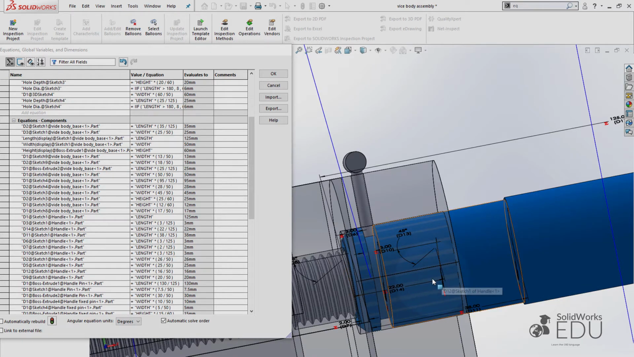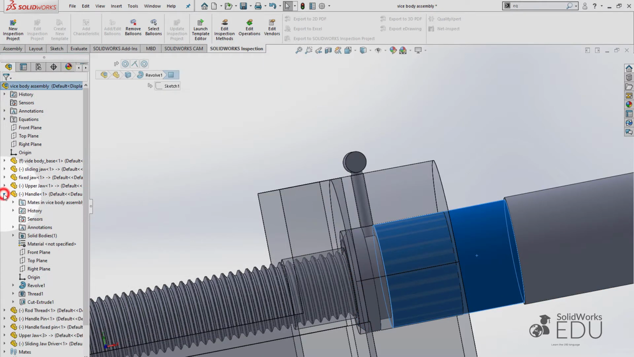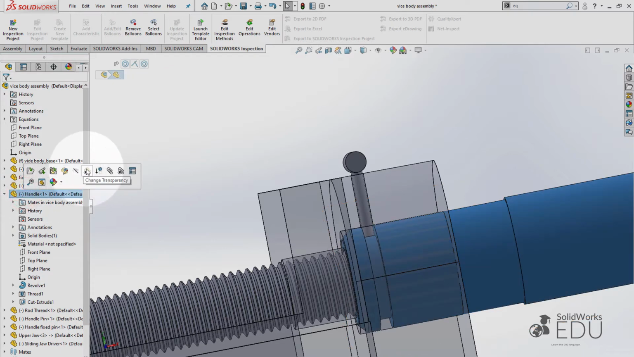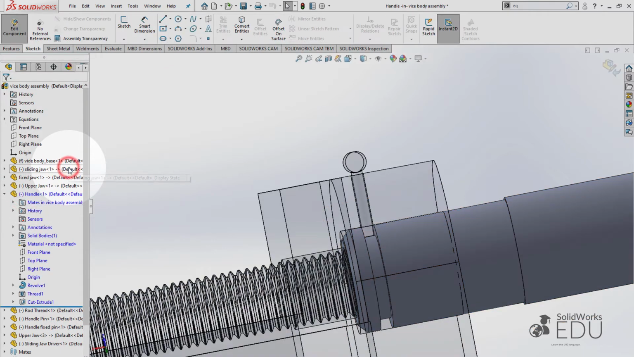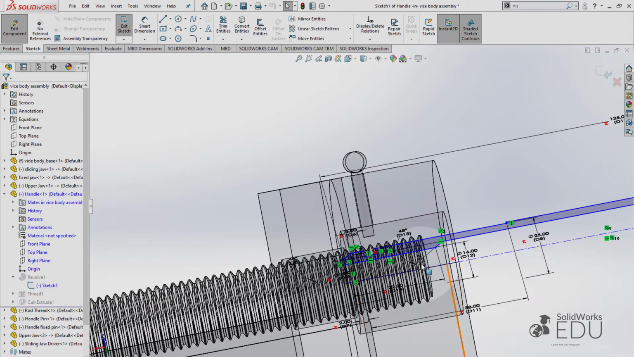What we can do here, we can go in the design of the handle pin, edit part, Revolved Boss, edit sketch,